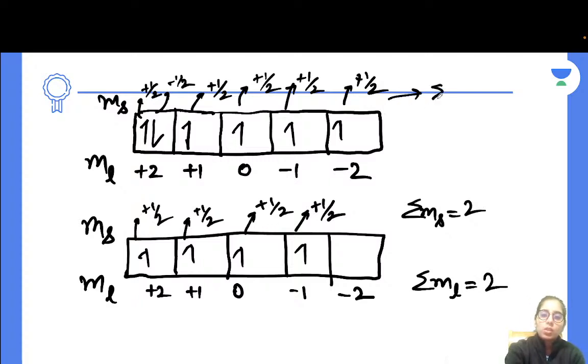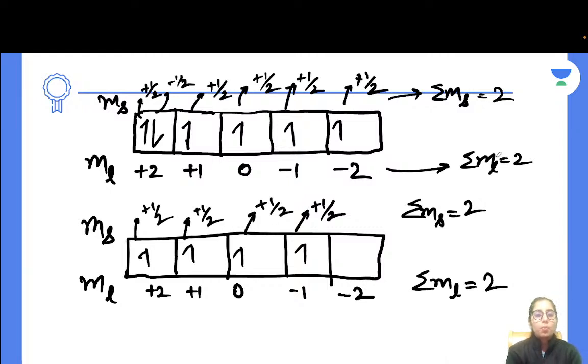In this case summation ms will be 4 by 2, because half and minus half get cancelled out, which is 2 only. And this is going to give you 0, so no, plus 2 two times, so it will give you ml equal to 2. You can see the values are the same. Why? Because these are the inverted multiplets you have taken. The first one was d6, the second one was d4. Both are inverted multiplets of each other, and that means our total number of spectroscopic terms will be the same.